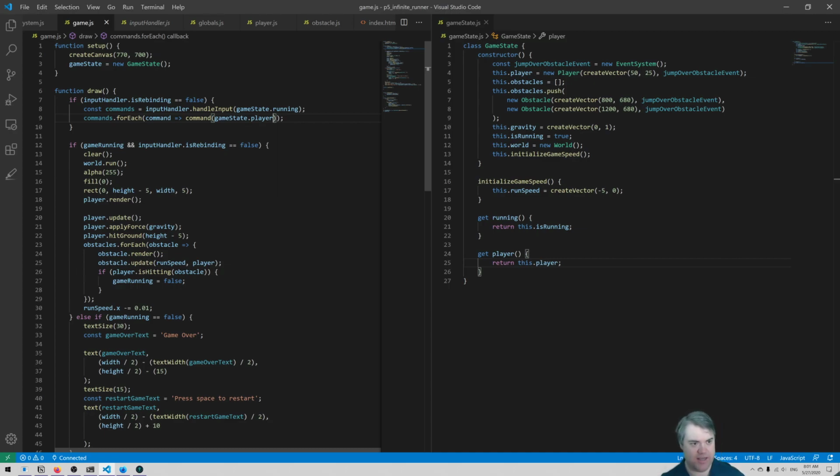Okay, so that's our input handler here. If the game is running, so this is the same thing. So if gameState dot running and the input handler is rebinding is false, so if we're not rebinding, clear,